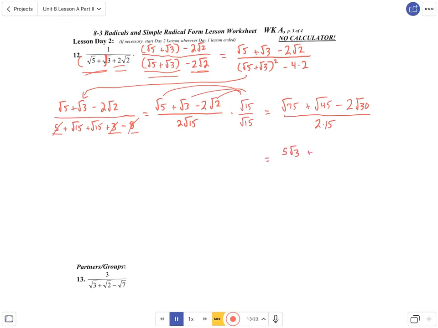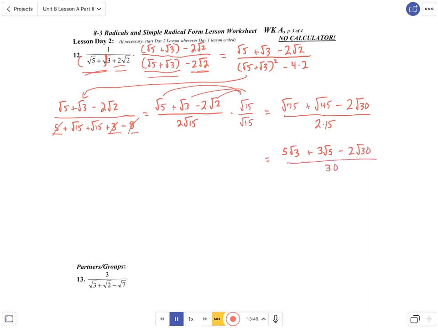Plus rad 45, that's rad 9 times rad 5, 9 times 5, so plus 3 rad 5. The square root of 30 doesn't have any perfect square factors, so that's minus 2 times the square root of 30, and that's all over